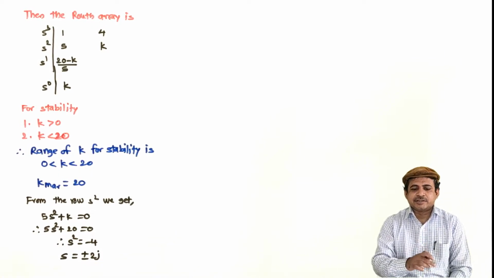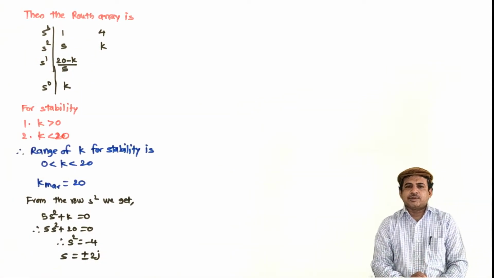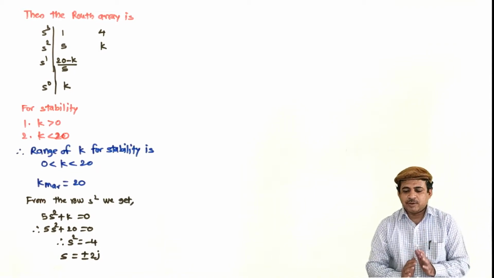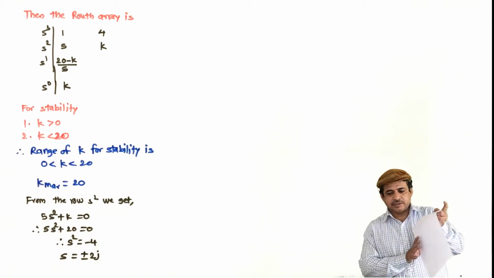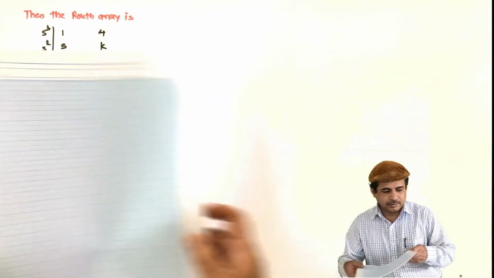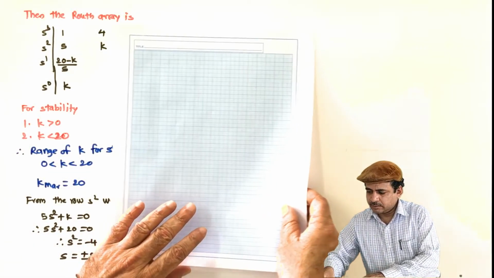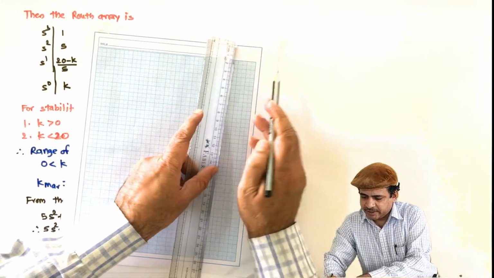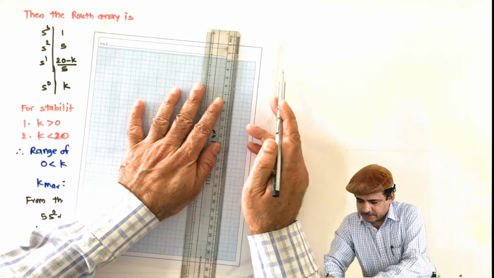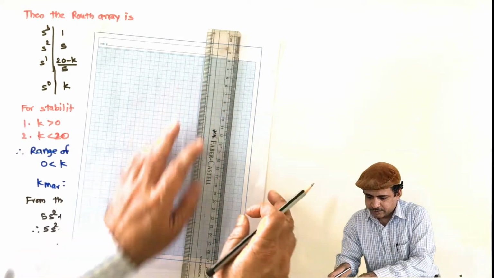Now as in the given system there are no complex poles or zeros, there is no need to follow step number 7, that is angle of departure or arrival. So the information gathered is enough to sketch the root locus. So let us sketch it on this graph. And as we know, most of the part is in the left half of s plane, so we will take the axis in the left.